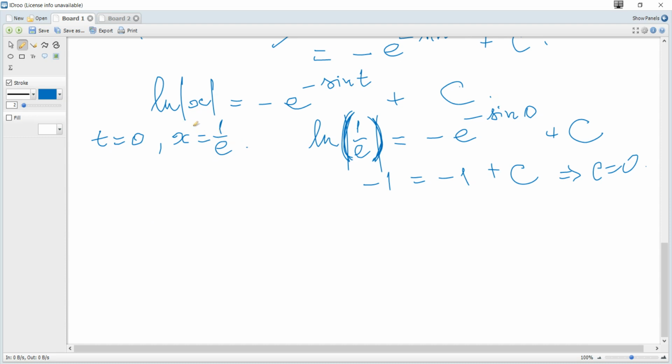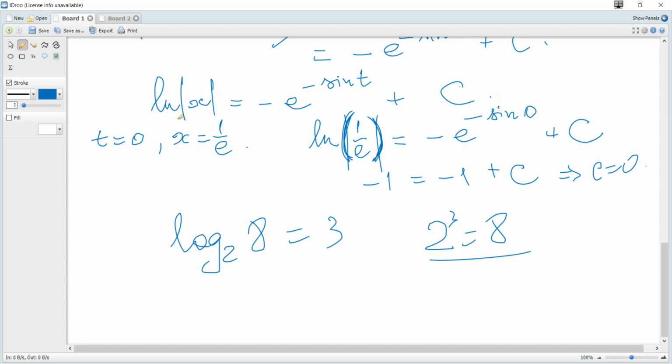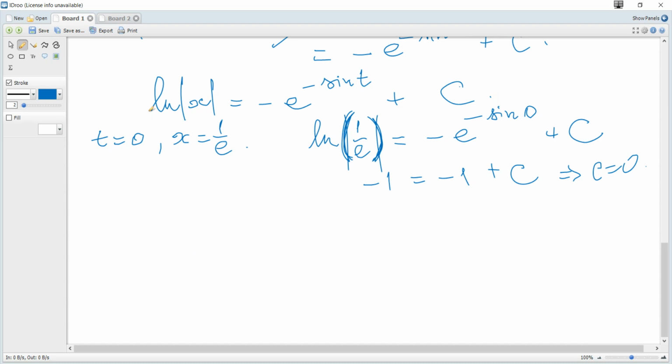Anyway, how to undo ln. You remember that log base 2 of 8 is equal to 3. Why? Because 2 to the power 3 is equal to 8. Here ln is like log e, so 2 is e, 3 is this, and 8 is this, and c is 0, so it becomes ln of the absolute value of x is equal to negative e to negative sine of t plus 0, and